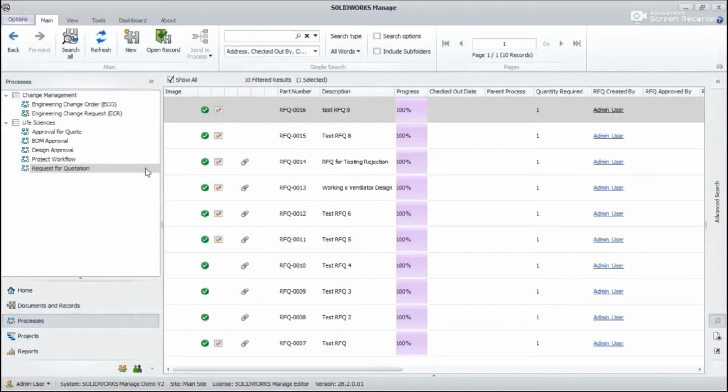Now we will start with a new project initiation, which has features such as RFQ, that is request for quotation, bill of material generation, code preparation as their preliminary processes, and later we'll deal with features such as project creation, 3D model creation inside a Manage environment, and their approval processes. In these processes, we'll see how user-defined reports are integrated as a part of the process. So we'll now begin with the RFQ creation.